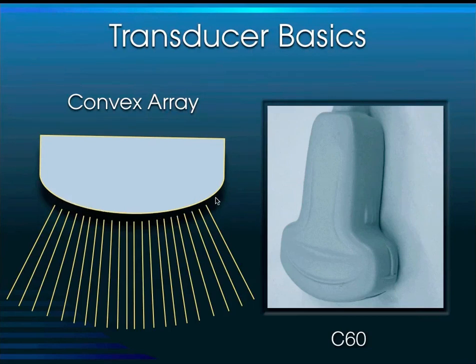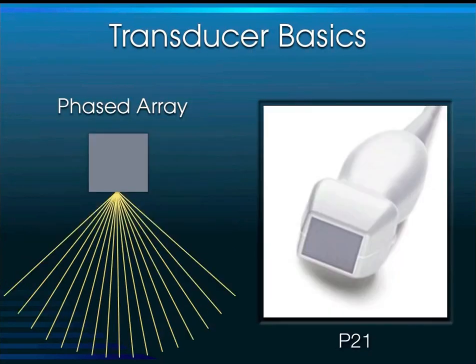Notice that anytime you're working with an array, the edges of the image splay out from one another and you lose a little bit of lateral resolution. So whenever working with an array transducer, it's important to try to center the structure you're looking at down the center of the screen, to take advantage of the fact that the scan lines are a little bit closer together. It's not so much of a problem with the C60, but with the phased array transducers, where all the sound comes from a single source, the edges splay out from one another a little more,